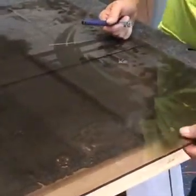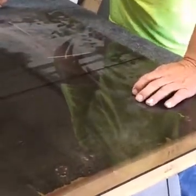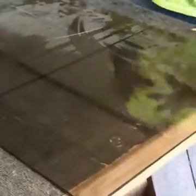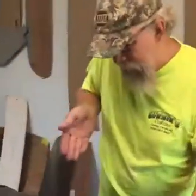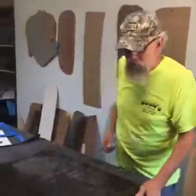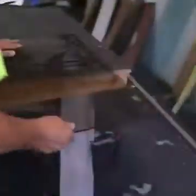Remember, there are two pieces of glass here with plastic in between them. The problem I was having was that I would score both sides and then try to break it. Well, that plastic in between holds them together, so when I break the top, pushing down into the bottom, it wants to chip the bottom or travel. So I figured out if I crack it on this line first,